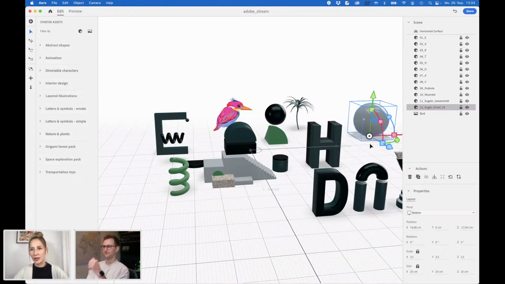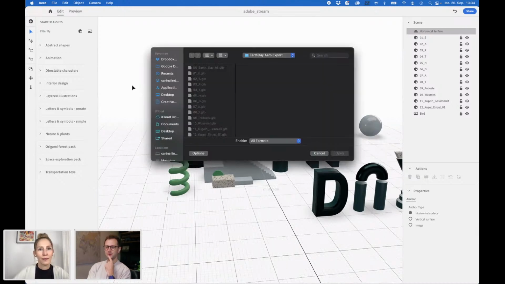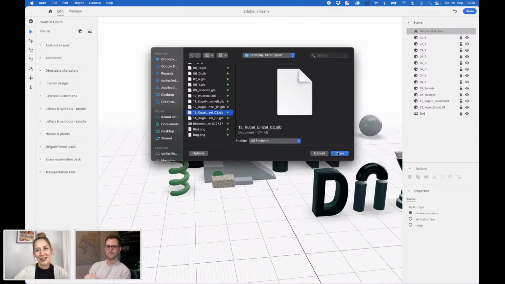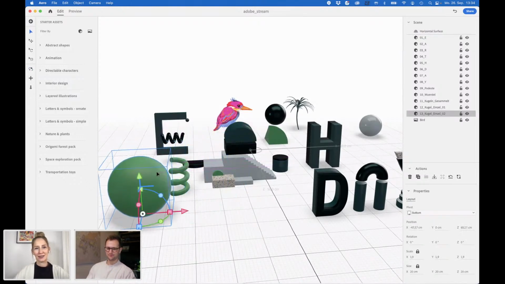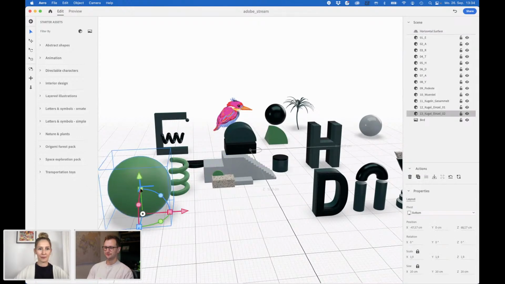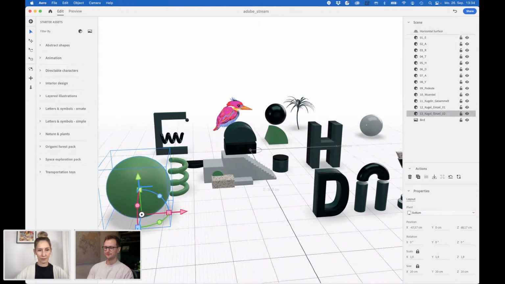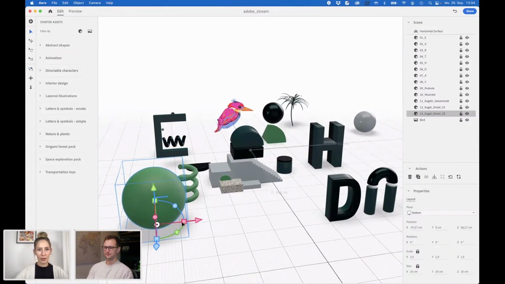So I'm just trying to add all the elements. Do you happen to know how long it took making this collection of assets? Maybe Matthias can mention in the chat. That's too big.